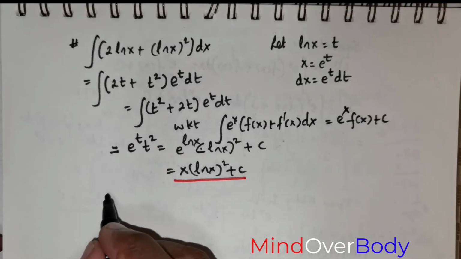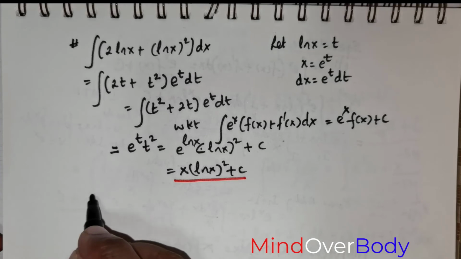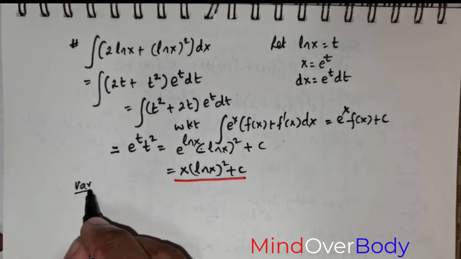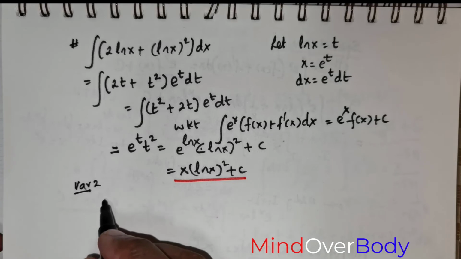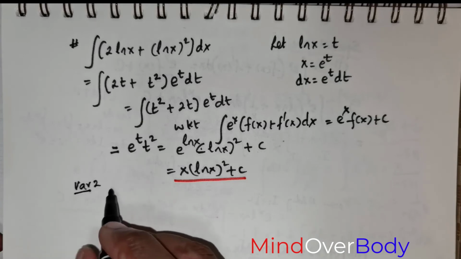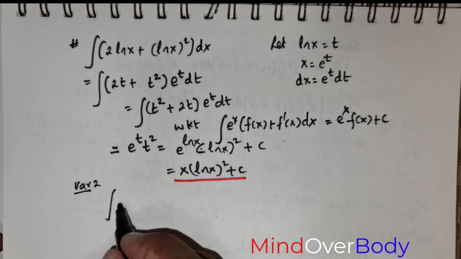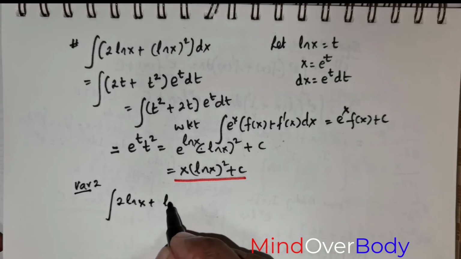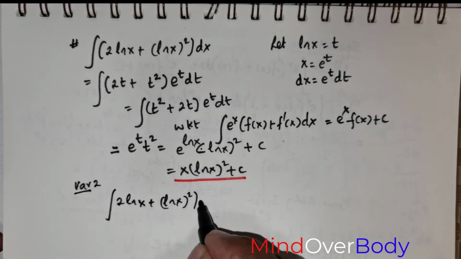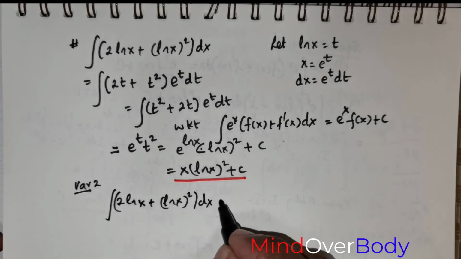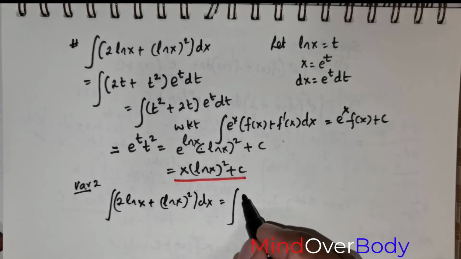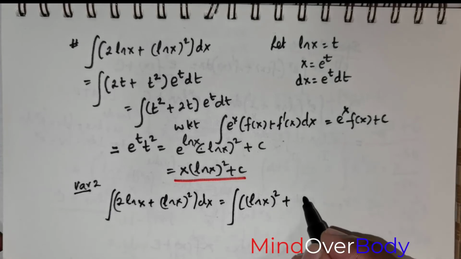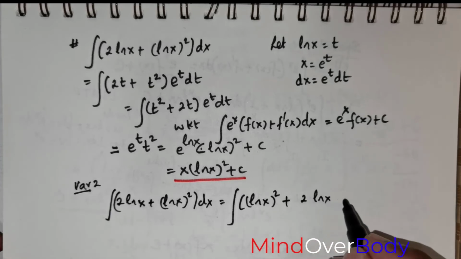Now students, the same question can be done with the second variation. So this is the variation which we studied, and I'm going to apply the variation which I've just shown you a little bit earlier. So I'm going to rewrite this question. We have got 2 times ln x plus ln x raised to the power of 2 times dx. This is what we have got. I'm going to rewrite this in this fashion. So I'm going to state it as ln x raised to the power of 2 followed by 2 times ln x